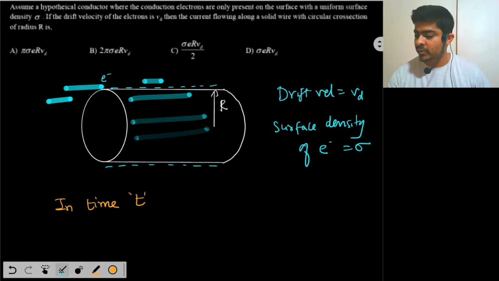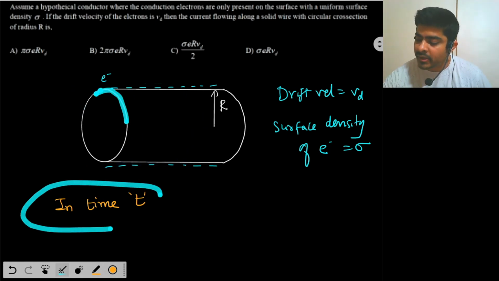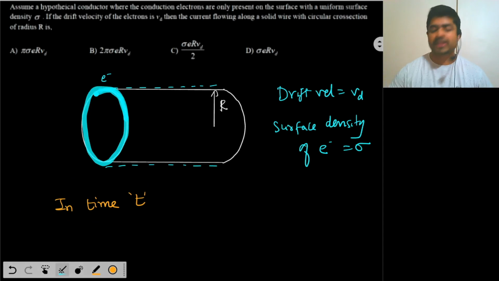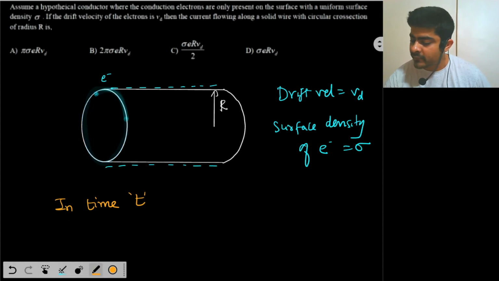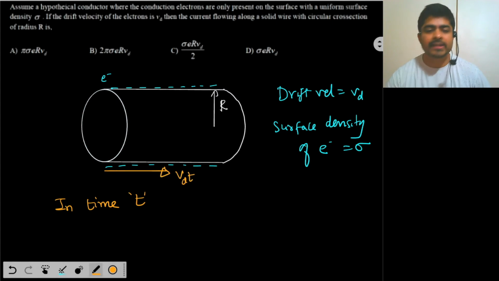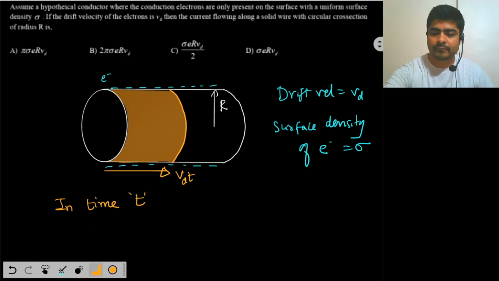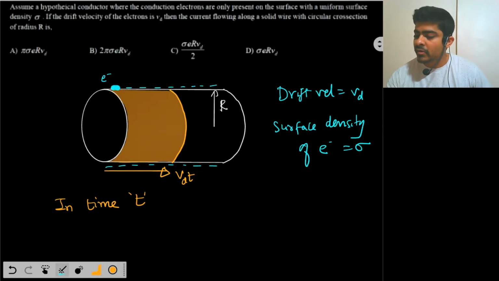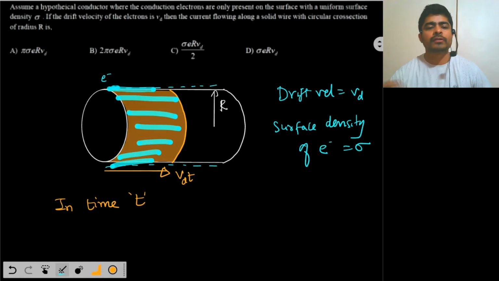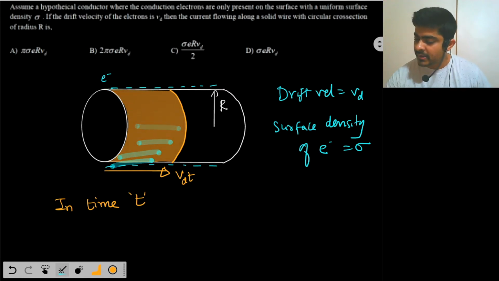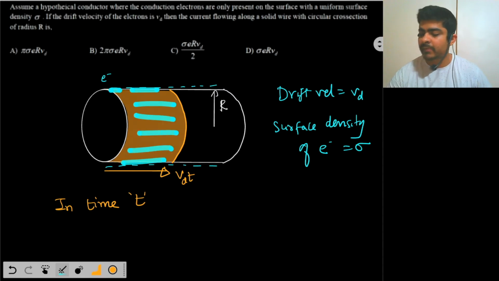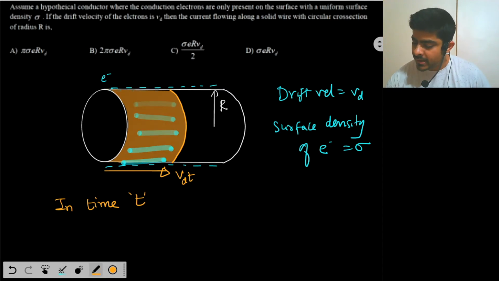of the conductor. So in time t, how many electrons have crossed this cross section? Since the drift velocity is Vd, in time t the electrons would have traveled distance Vd into t. Okay, so here I can draw a cross section. Here I can draw a surface, cylindrical surface, okay, and the electrons sweep this area on the surface. So how much area is covered by the electrons on the surface? So the area covered will be